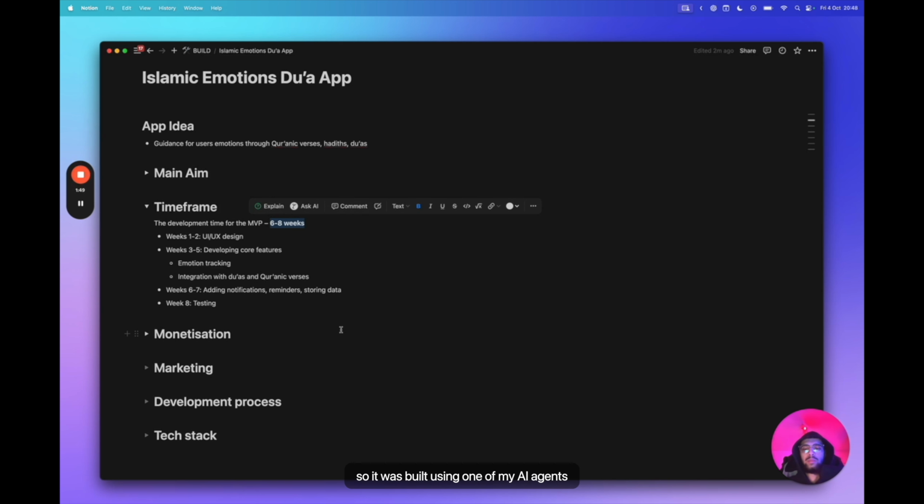Now, just to let you know, this whole plan was built by ChatGPT. It was built using one of my AI agents, which I'm working on a video at the moment to teach you guys how to build your own AI agents for all aspects of your life. So 6 to 8 weeks is what my agent thinks I can build this product in. It hasn't taken into account uni assignments and my work, and I've got a very big family wedding coming up again. This time it's one of my closest cousins, so that will take up a lot of my time. But this 6 to 8 weeks does not include that. So I'm not sure how long this app will take to build. I want to ship it as fast as possible, like I've said multiple times, but this is variable. 8 weeks, 2 months, potentially by the end of the year, this app could go live, inshallah.